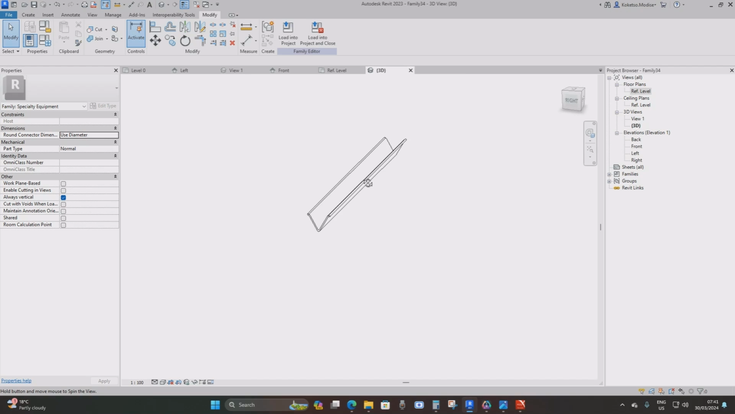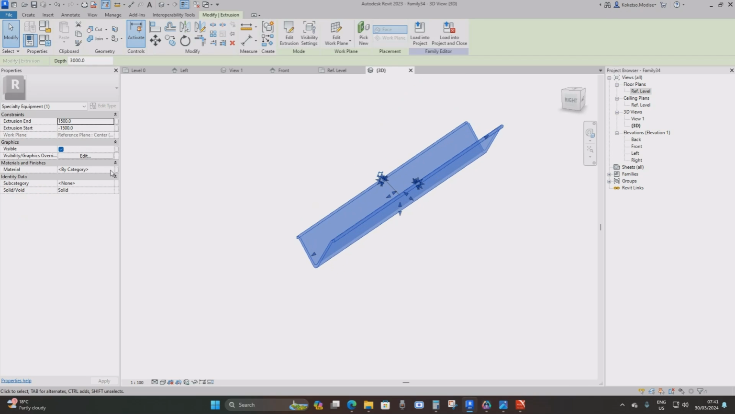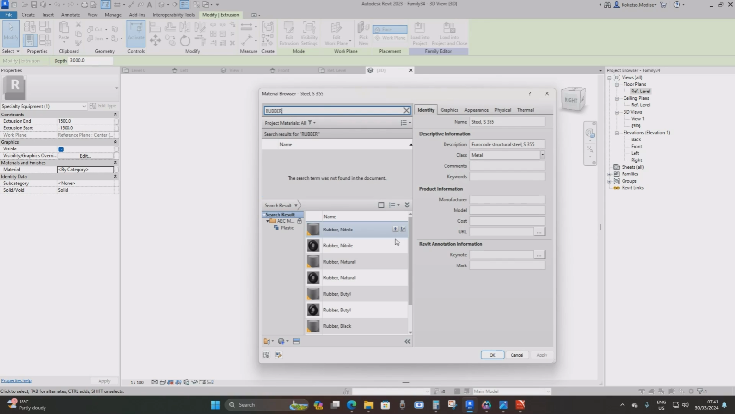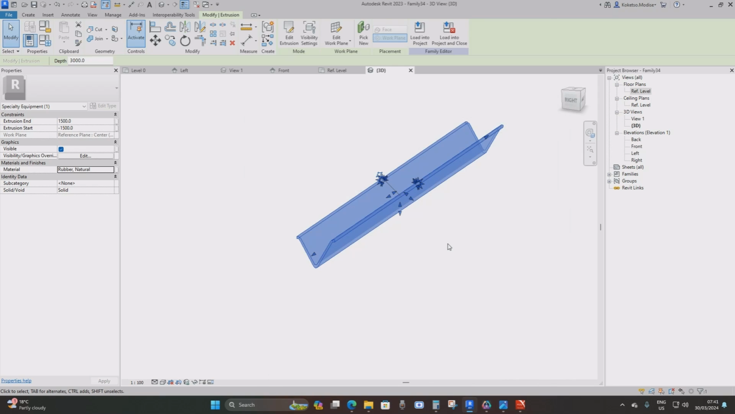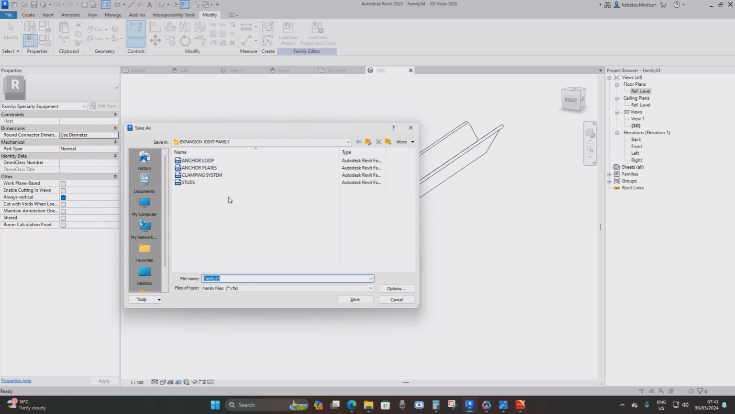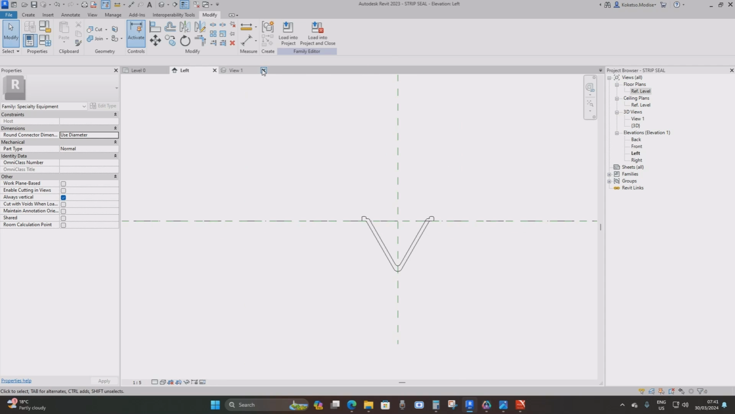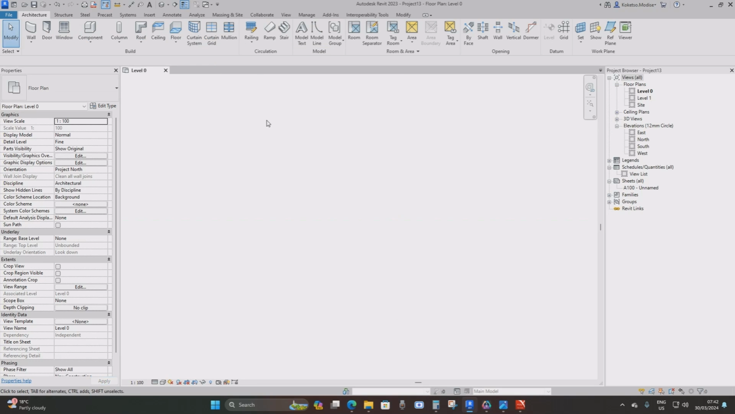And then go to the 3D view, select my extrusion, and then apply the material to this. So I'm just going to type in rubber. And then I'm going to drop down. So I'm just going to use this rubber natural and then load it in, apply, and say OK. And now I'm going to save this under our folder. So I'm going to name this one strip seal and say save. Now I'm just going to close down my family template,